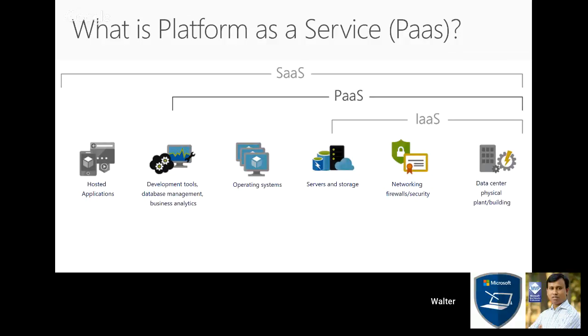To get started with software as a service, typically you don't need to do anything. The provider will give you the hosted applications, the tools, the database, the OS such as Windows or Linux, the servers, the infrastructure, the security, and everything. That's what software as a service is. You just basically pay the money, and you get the service as you go.